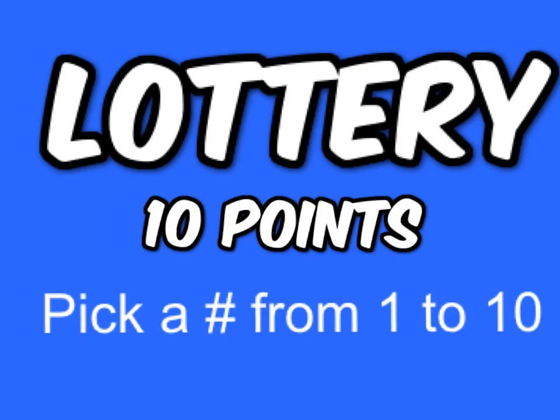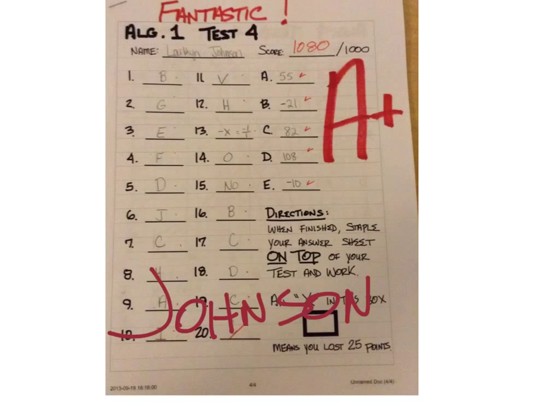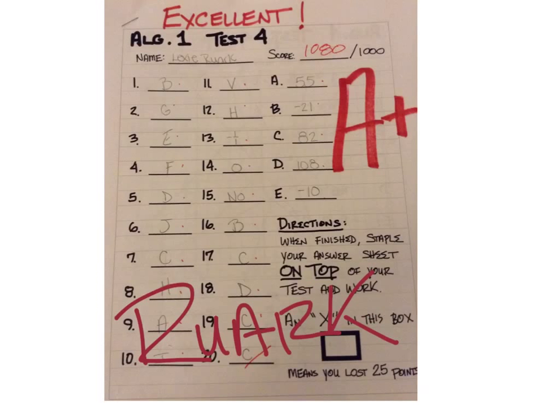Alright, pick a number from 1 to 10. The winning number on this one is 3. Those that had an A or an A+ on the test are Johnson, Bartley, Ruark,